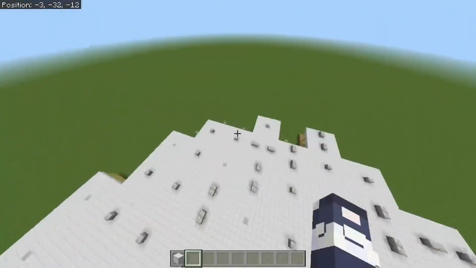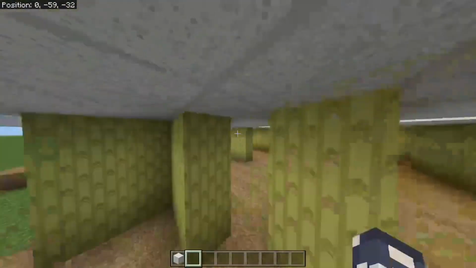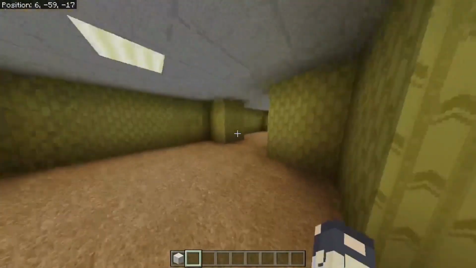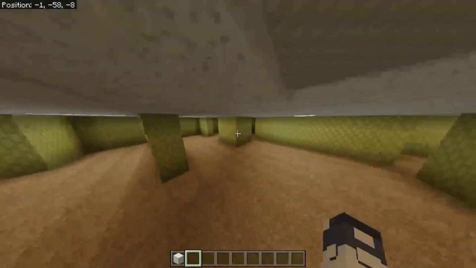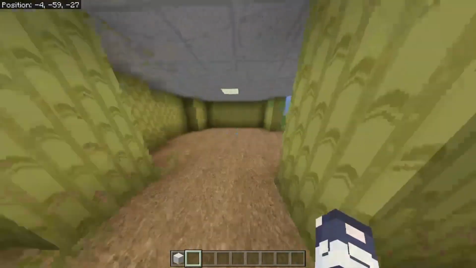You just click that, and then you can adventure around a bit if you want. Look at this. Look how cool this looks. Look how nice this looks. This looks good for a backrooms, doesn't it? But yeah, there you go. That's literally it. That's how you make your very own random generation